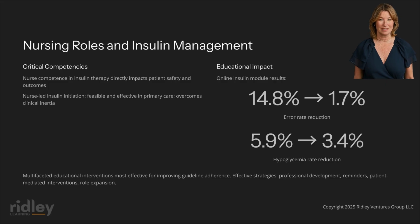The most effective implementation strategies include health professional development, reminders for clinicians, patient mediated interventions, health information systems, and role expansion. Interactive online educational modules have demonstrated significant impact on insulin administration safety. A pediatric study found that a mandatory online module teaching insulin pharmacokinetics, dosing, and administration through interactive cases reduced the insulin error rate from 14.8% to 1.7% with a p-value less than 0.001, and hypoglycemia rate from 5.9% to 3.4%